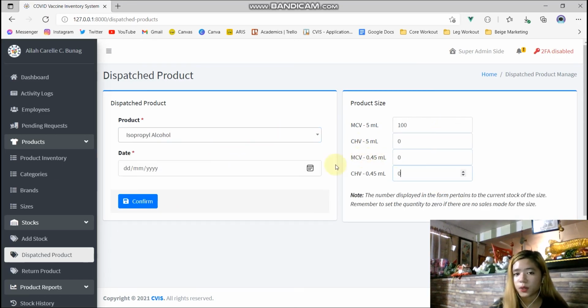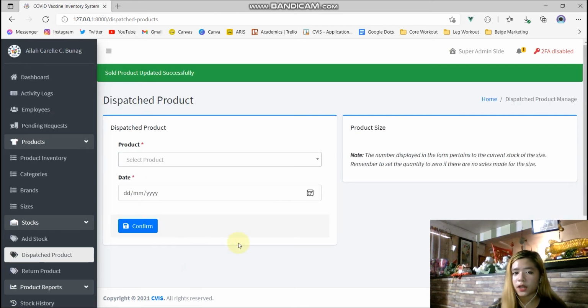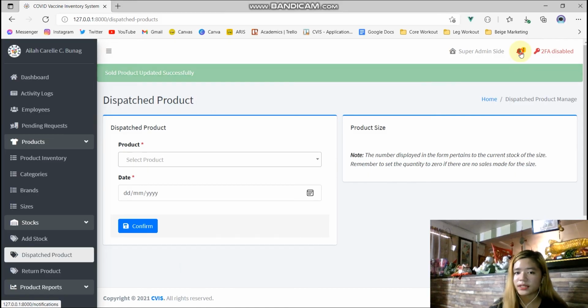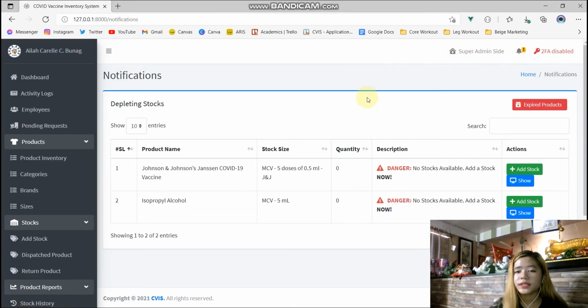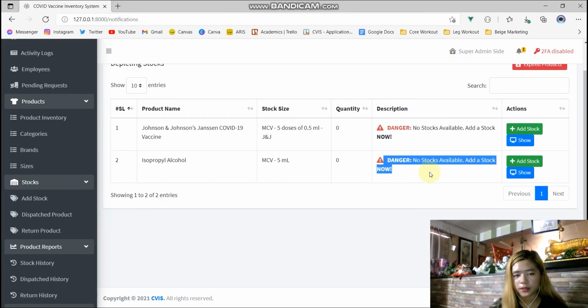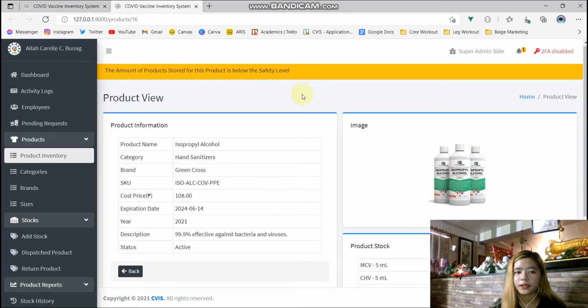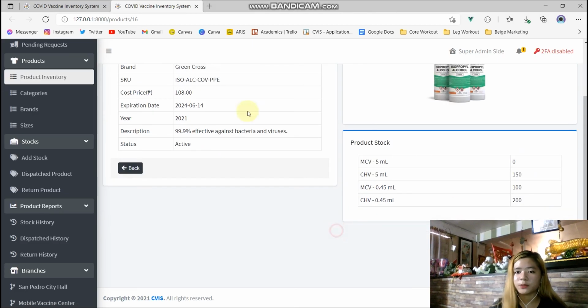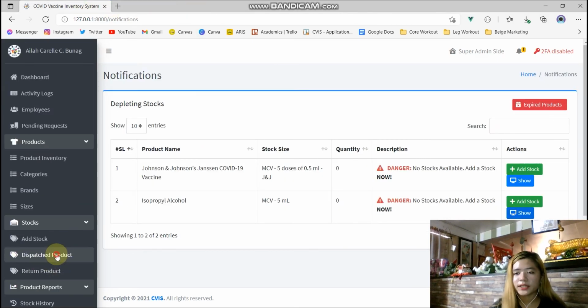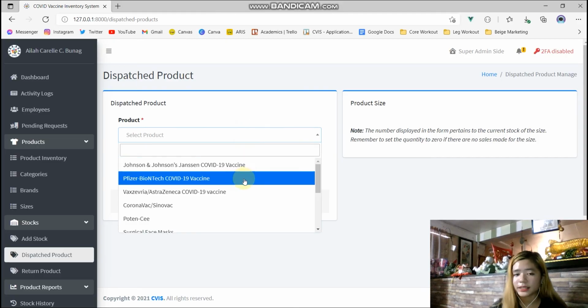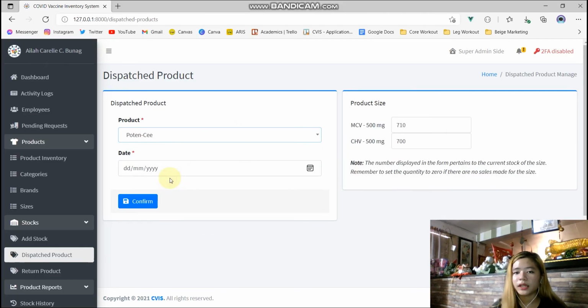If you ask us why we allow the stock to be emptied out, the reason is that as long as the existing stock can suffice the needs of the people, we should still give and disseminate these products. Also, imagine if the stock could not be emptied out. There would be a lot of products stored in their office which cannot be dispatched. Thus, they are wasting more resources with that practice, and the best thing we can do about that is to